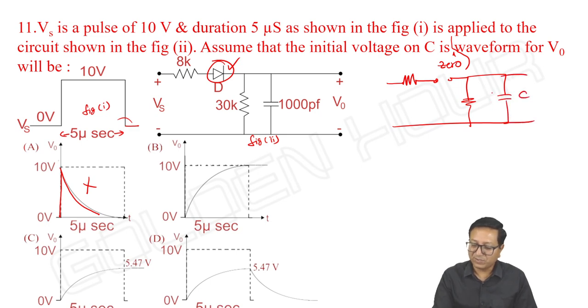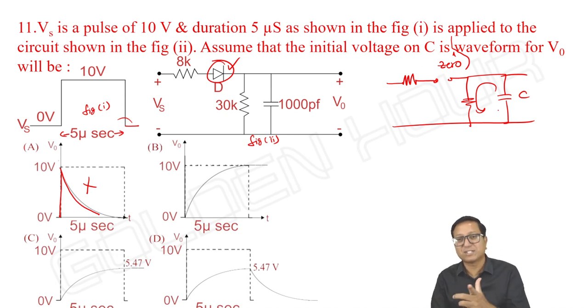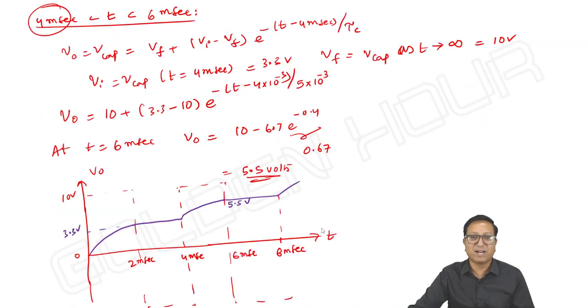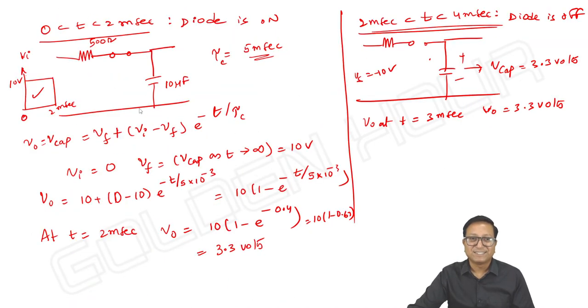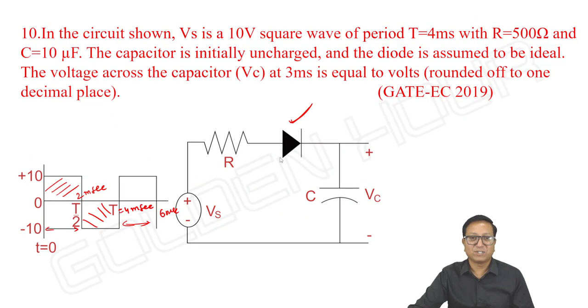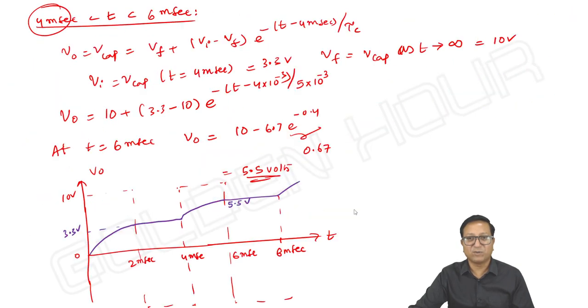So what happens here? The capacitor tries to discharge. Is it possible to say that the capacitor voltage remains constant as the diode is off? Here the capacitor finds a path to discharge. So in the previous problem, the capacitor was unable to discharge when the diode is off. Remember, once the diode is off, here the capacitor can neither charge nor discharge, whereas here once the diode is